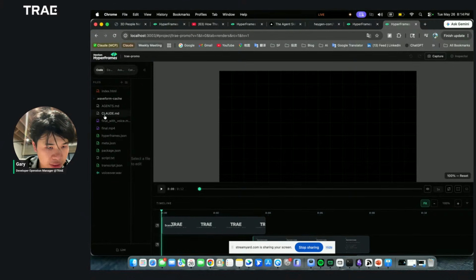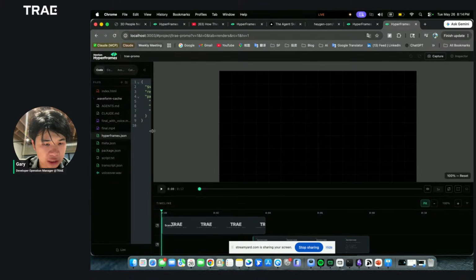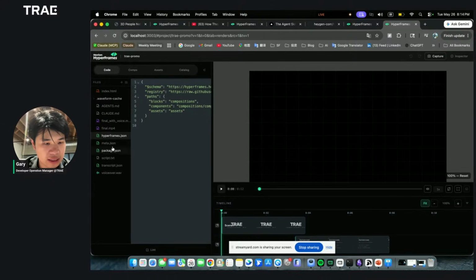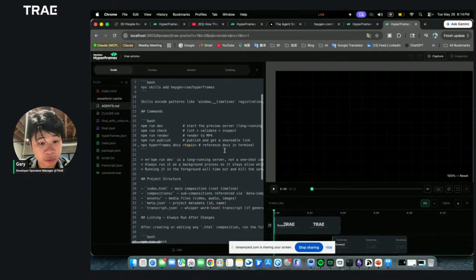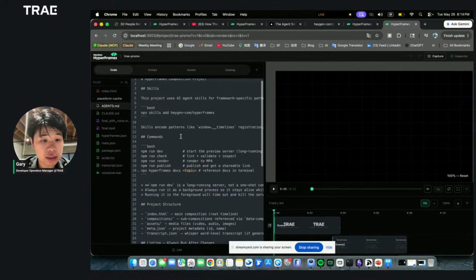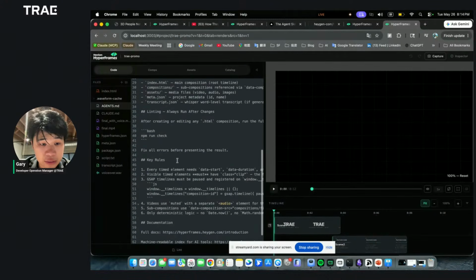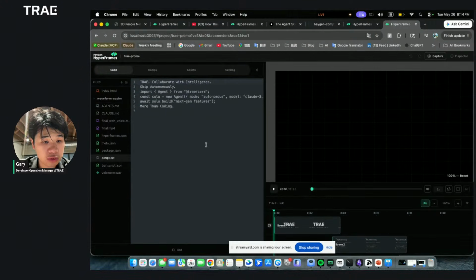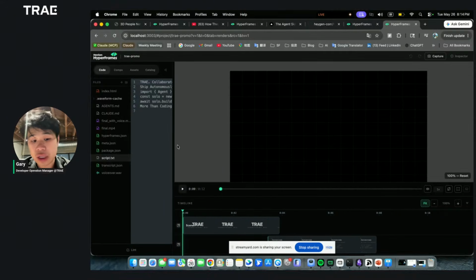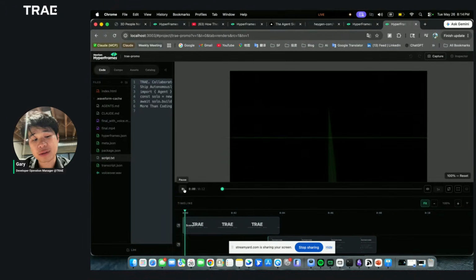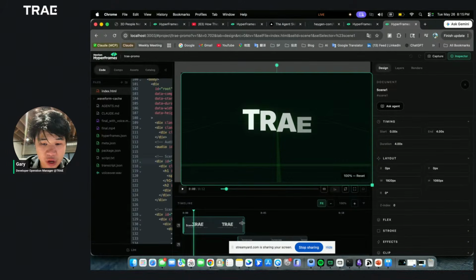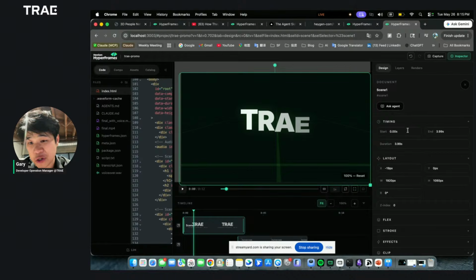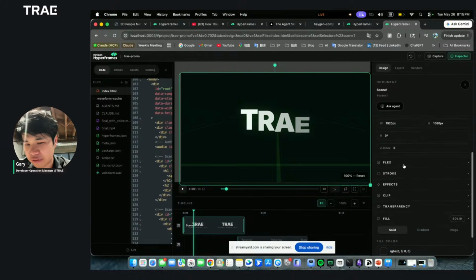Over here, you can see they have so many different resources. It's actually code over here. For example, it has the schema, it has the video, it also has the agent empty that are created by Hyperframework. You can see this skill is pretty comprehensive, and it also generates the script over here. And for us, if you want to manually control the video, you can just drag it and control the metrics over here, for example the timing, the layout, the flags, the clip.